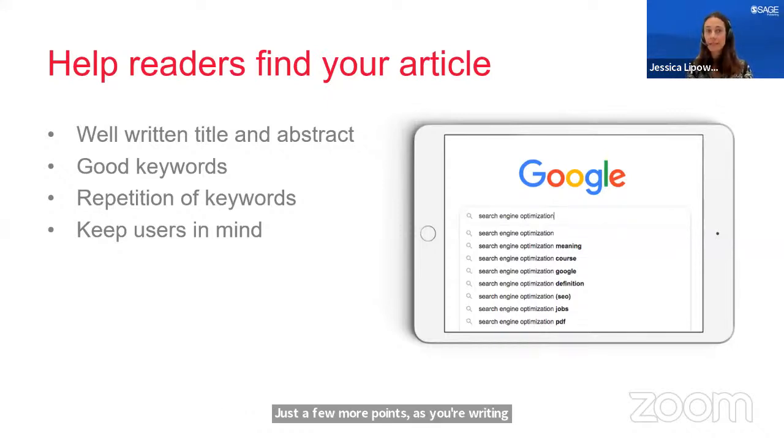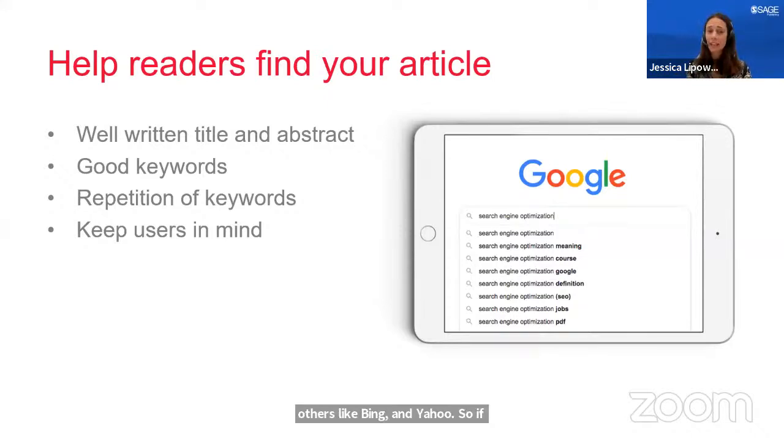As you're writing, so as you're going through and structuring your article, you'll want to think about how to help readers find your article. Google and Google Scholar have established themselves as the first port of call for researchers today, as well as other indices. For example, just to give perspective, Google accounts for 60% of referral traffic to the Sage Journals platform. So it's of paramount importance to make sure that your article can be easily found in search engines, and particularly Google's or others like Bing and Yahoo.